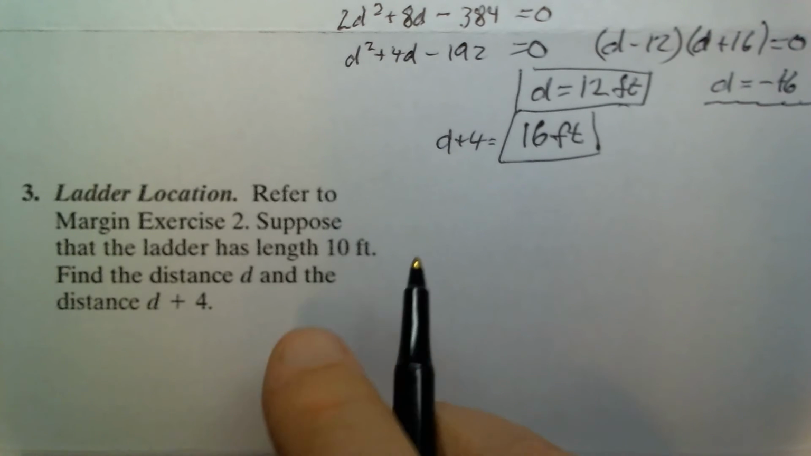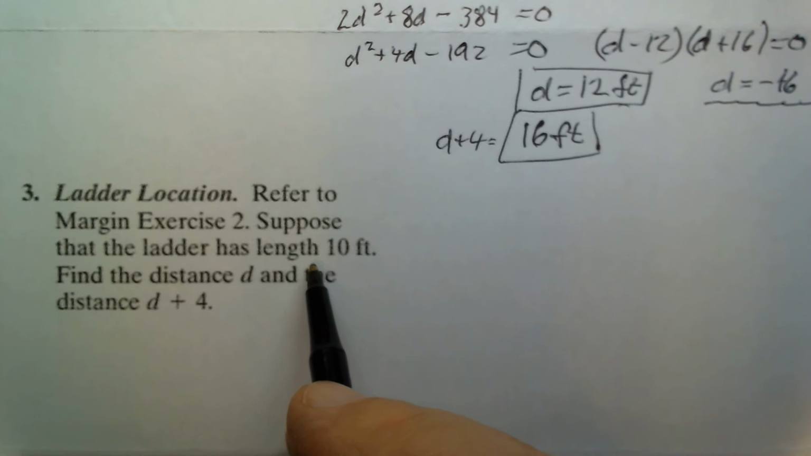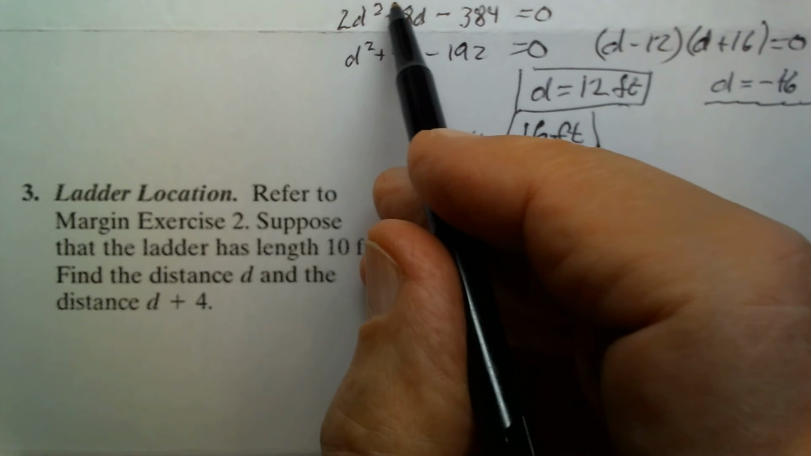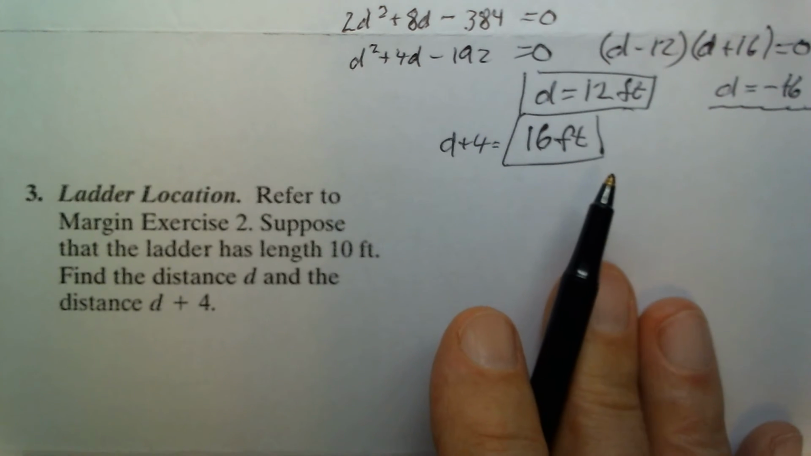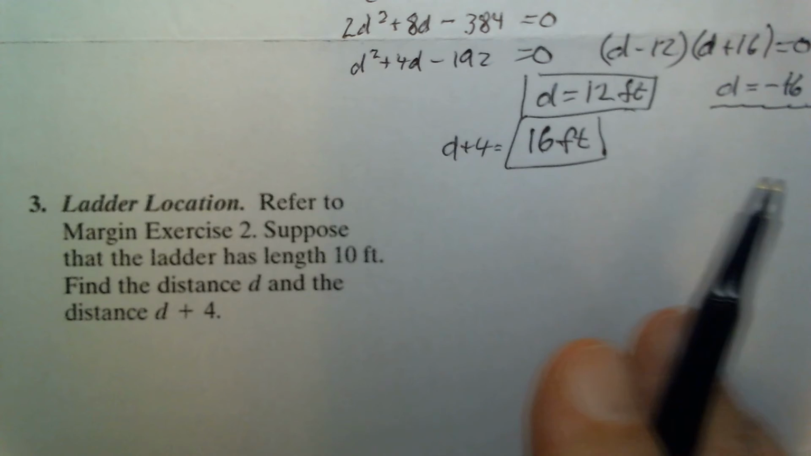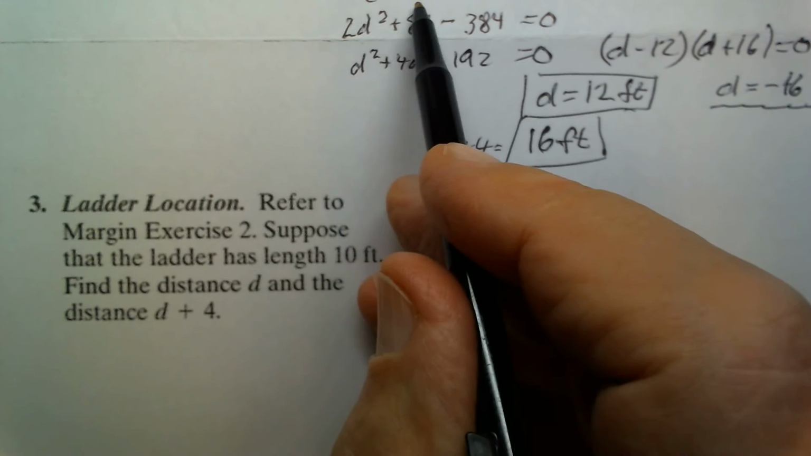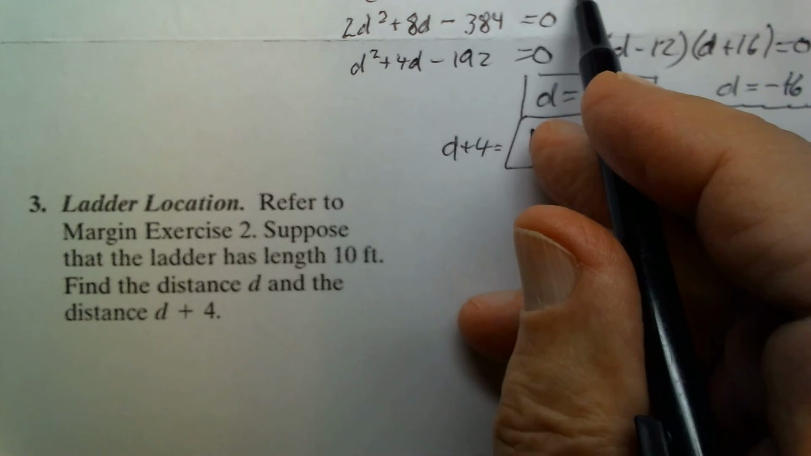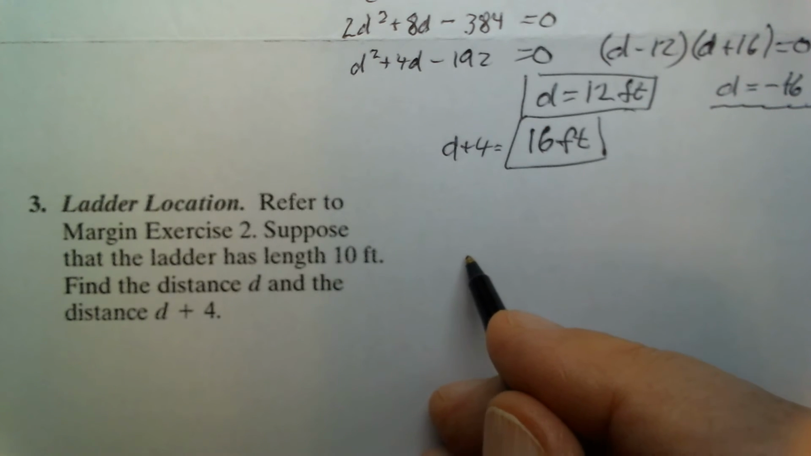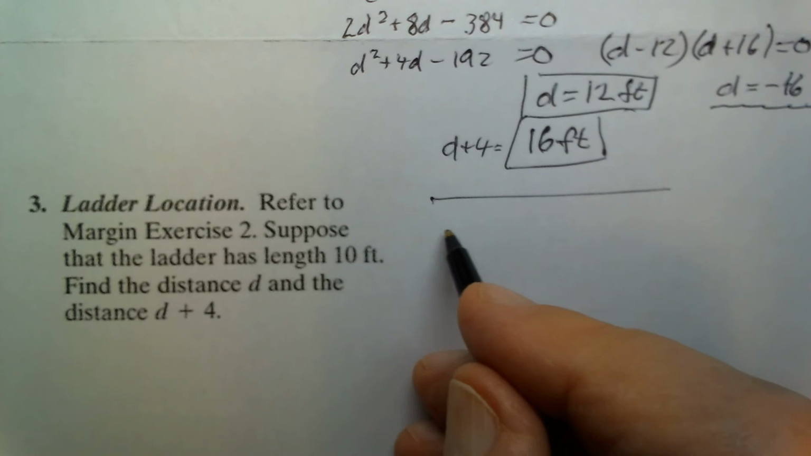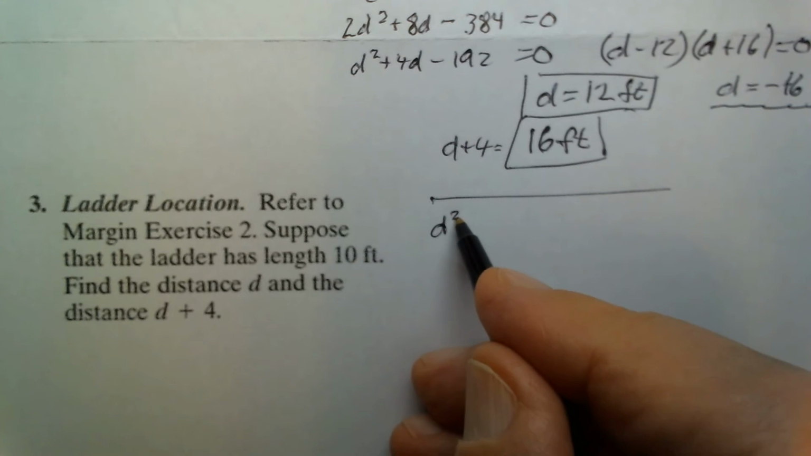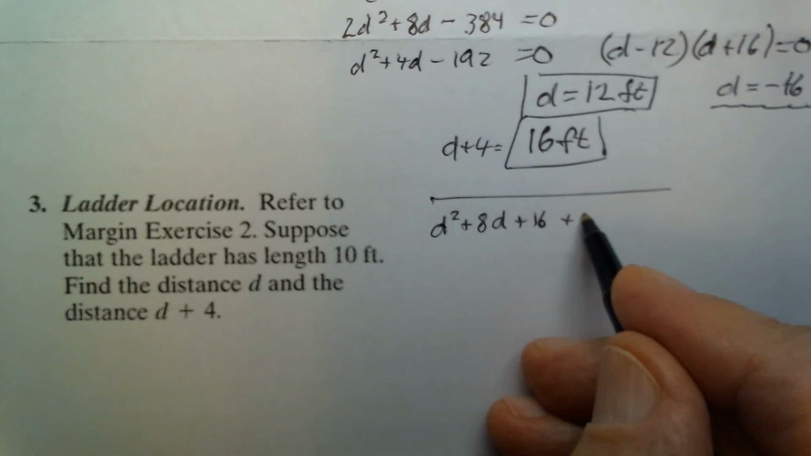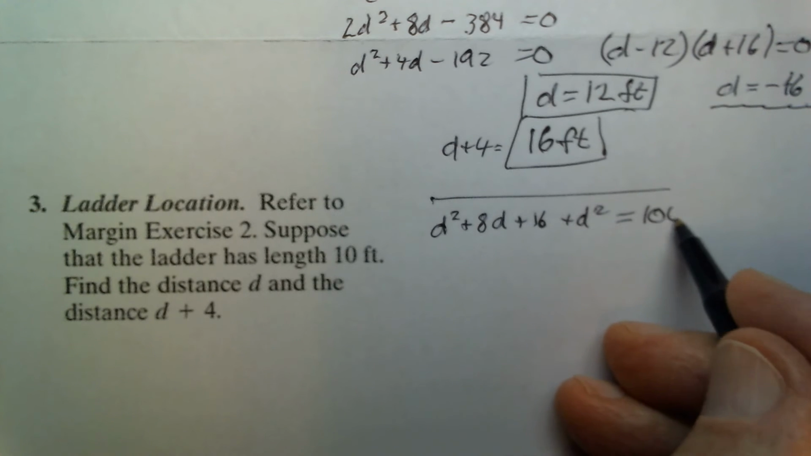For number 3, the ladder location, the only difference now is that the length of the ladder is 10 feet instead of 20 feet. So we can just jump to this equation here. d squared plus 8d plus 16 plus d squared equals 100. Instead of 20 squared, we have 10 squared, or 100. So for the 3 part here, d squared plus 8d plus 16 plus d squared equals 100,